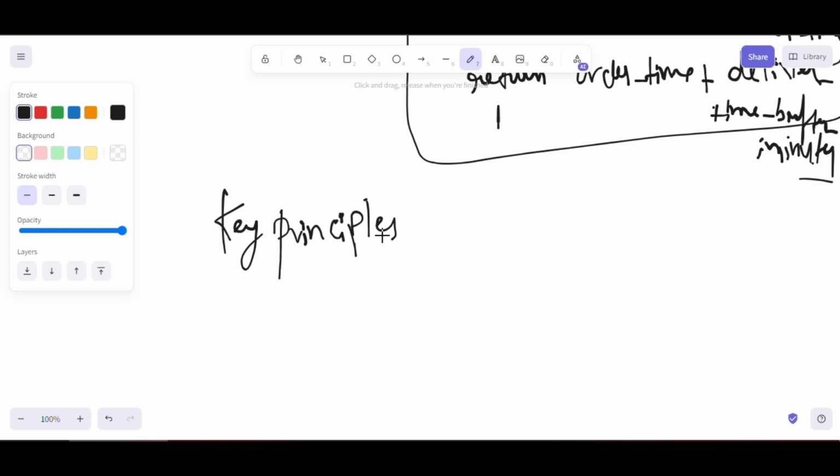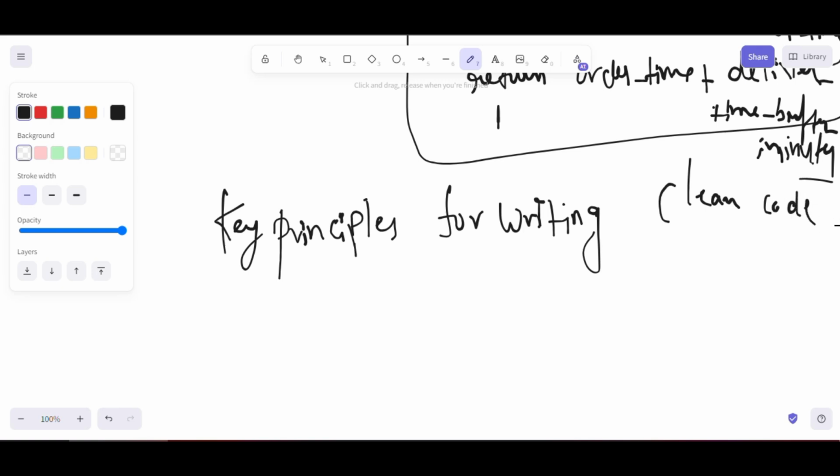Key principles for writing clean code. What are the key principles that you have to keep in mind whenever you are writing code?